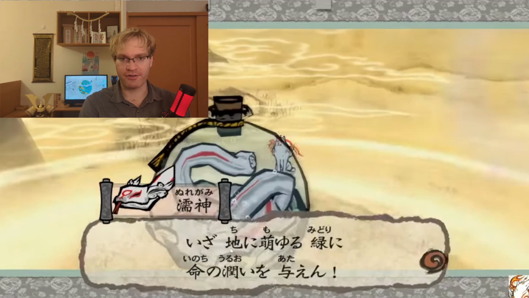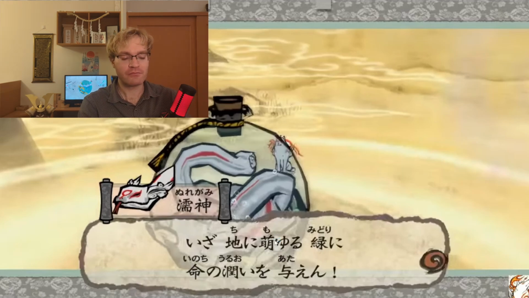Chi just means the earth, okay? The earth, the ground. And then ni is that prepositional particle, which means in or on. So in the earth, chi ni moyuru. This comes from the root verb moyu, okay, which is where we get the word moe from, which means like to sprout. It's like a sprout or a bud, right? So it's the idea of a plant shooting up. You know, it's not fully grown. It's still growing. I think it is like a bud. It's like a sprout. It's things coming out of the ground and being small and kind of cute, but denoting life, you know?